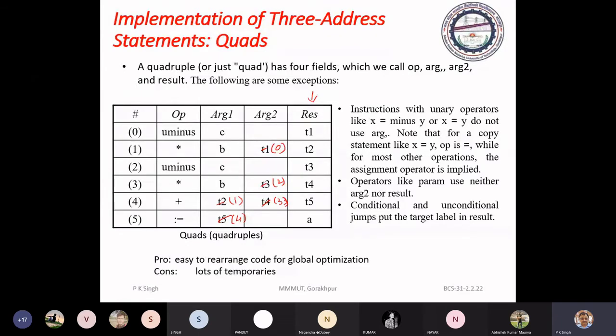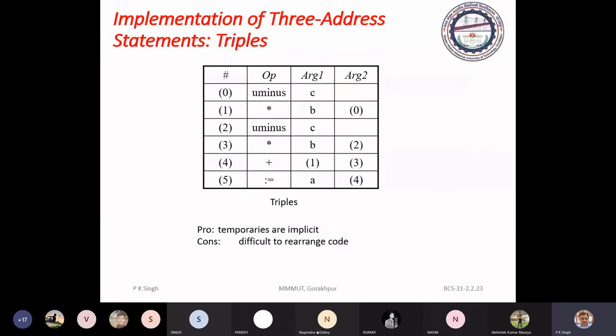You just see the next table. This is the triple table. You can see here we have 0, means this calculation, then 2, here result, then we have 1 and 3, means the calculation of this as well as this, and finally assignment here.